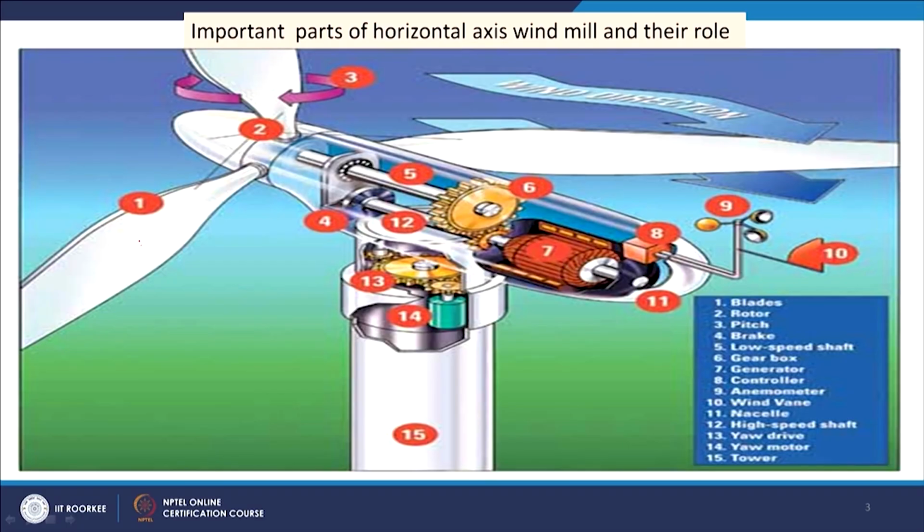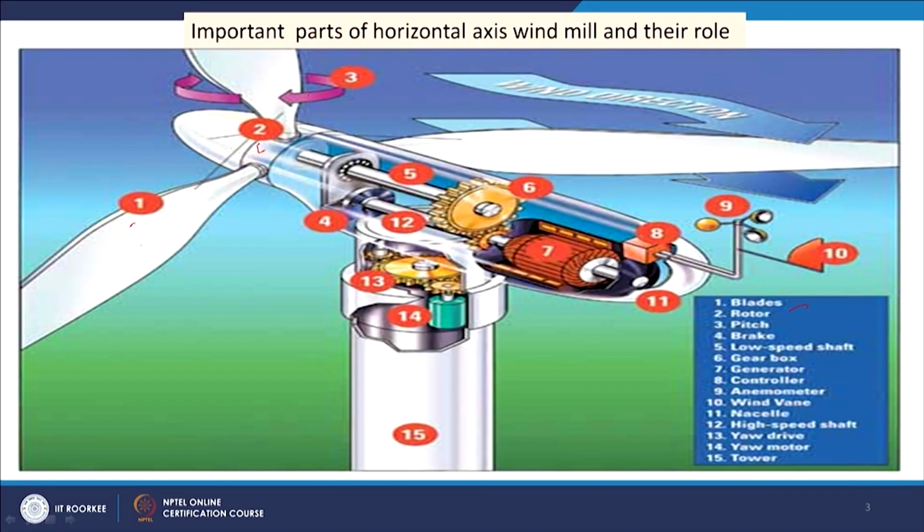And different parts we see here: 1 is blades, 2 is our rotor, 3 is the pitch, and 4 is our brake. 5 we have shaft, that is your low speed shaft, and 6 is our gearbox, and 7 is our generator,